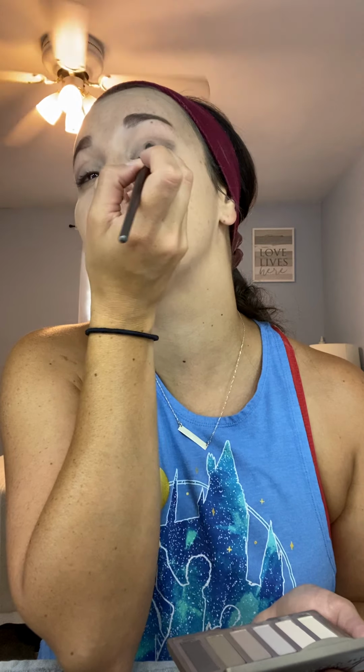I adore it. On the palette, it doesn't look natural. It looks like, I don't know, a weird shade. But when I put it on, I'm like, oh, that actually looks really great. It's kind of got like a cool tone to it. All right, so just a basic eye here, and that's my normal look. I always do the shadow eye. Why can't I think what it's called? Anyways,